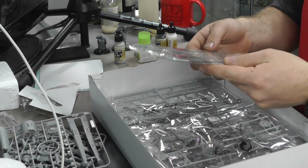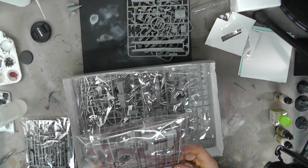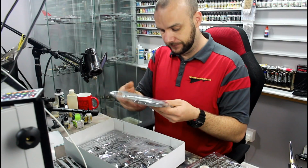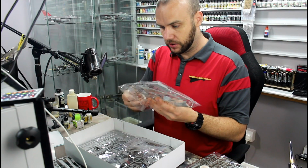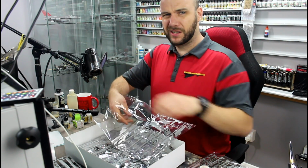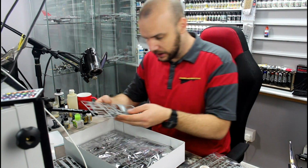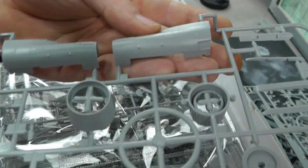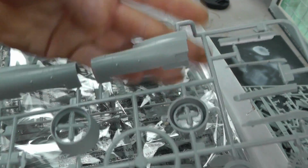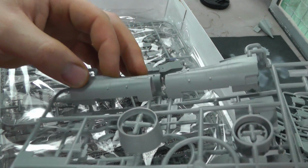As I said, I don't want to get them all out. We've got wheel hubs in that one. We'll probably have to check out the instructions on this one, but we've got almost like a second engine exhaust and intakes. Again, we've got our intakes just here, which is kind of strange because we have this set of intakes which,